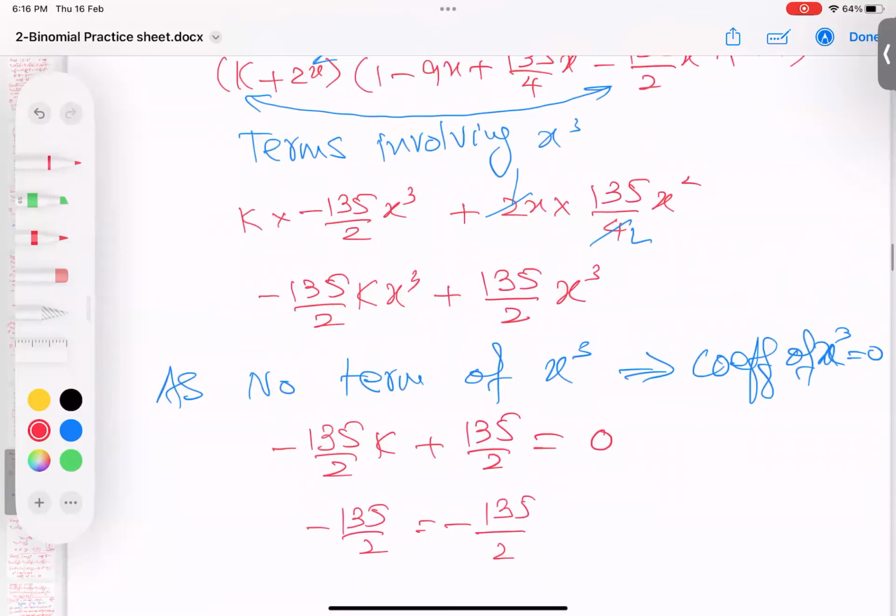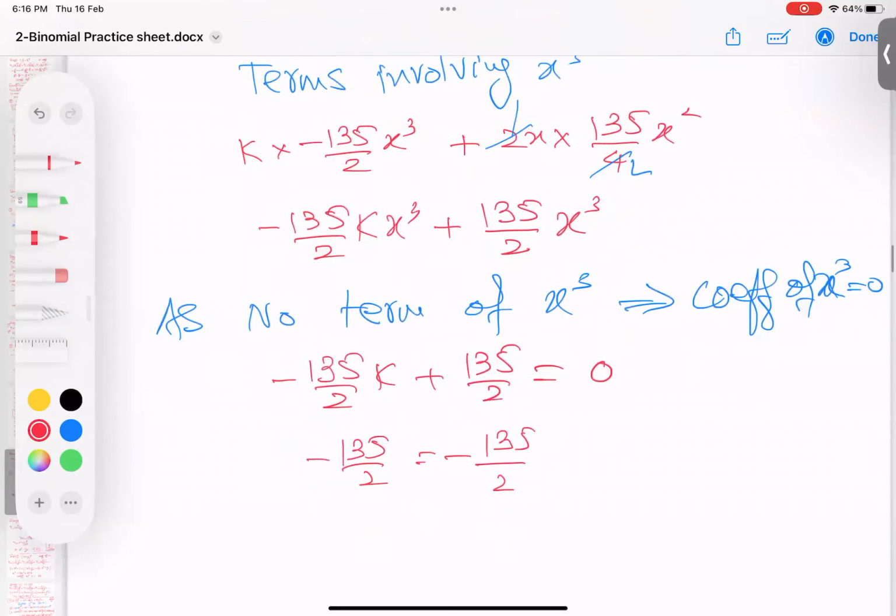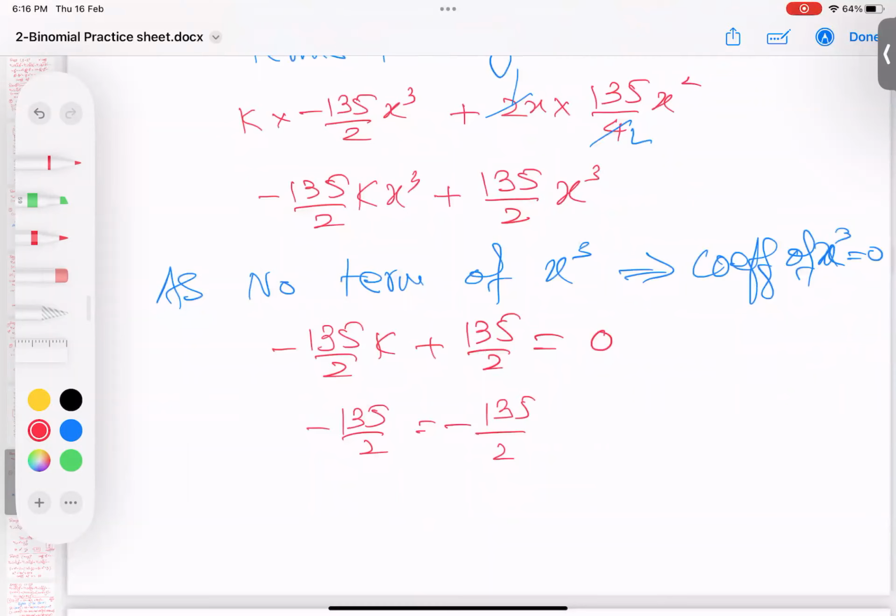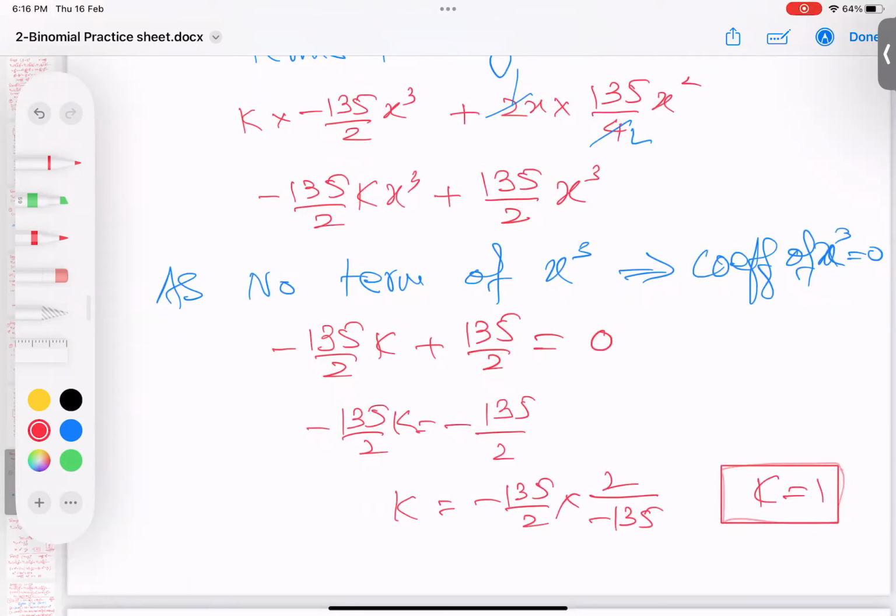Wait a minute. Is there any mistake there? No, okay. And k is missing here, sorry. And this whole thing will go down, or I can say it this way, negative 135. These two dividing up, multiplying, and this multiplying will divide. And this k cancels out. I got the k value as 1. So I hope the point is very, very